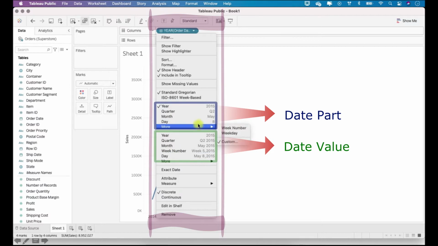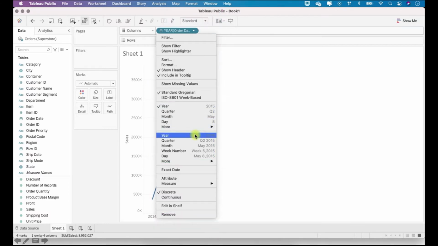Now this first set of options is nothing but your date part options. Okay, date part basically is an individual piece of information that helps in making a date, and this second set is nothing but date value. So it is always with respect to time, and it will always follow a chronological order.